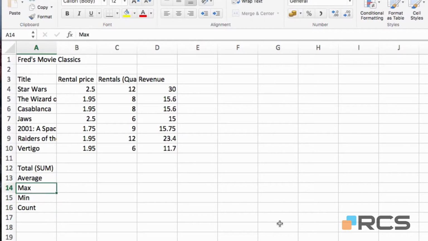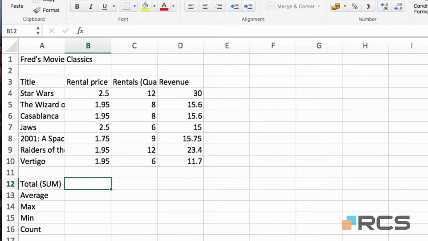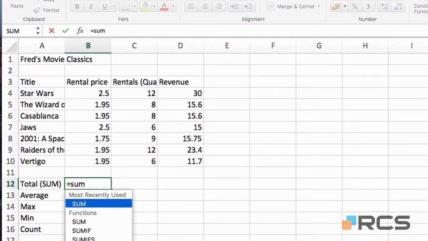I'm going to move to cell B12 now, which is where the result for the first sum function will go, and I'm going to create this function manually first of all, so you'll see how the process works. Like any calculation in Excel, the first thing you need to do is press equals on the keyboard, and then you type out the name of the function. The name of the function in this case is sum, so simply type out sum, and when I do that you'll notice that Excel recognizes that I'm wanting to create a function because it's given me a list of functions that I might want to select. I'm going to ignore that list for now, and instead I'm going to type an open bracket or open parentheses,